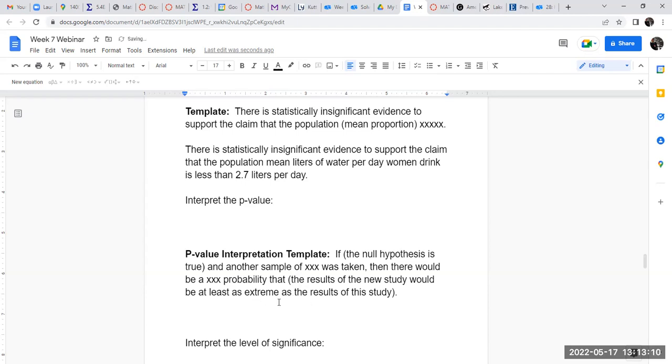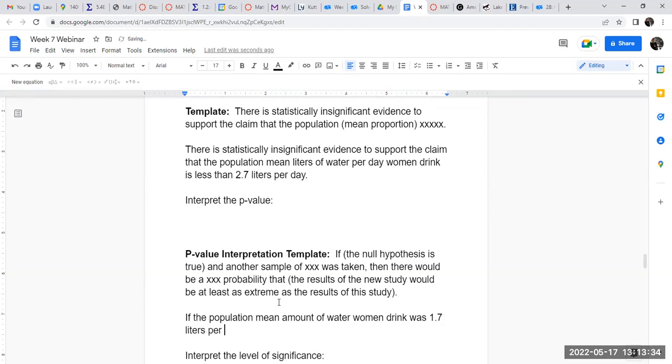So in our case, we would say if the null hypothesis was true, that would mean the population mean amount of water women drink was 2.7 liters per day. Then we say, and another sample of